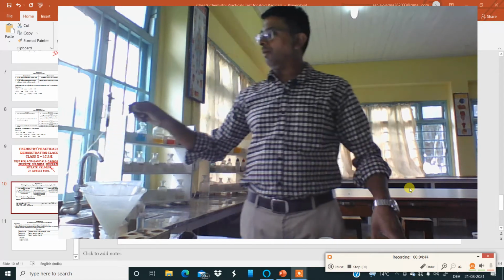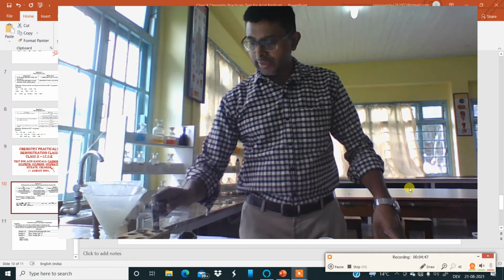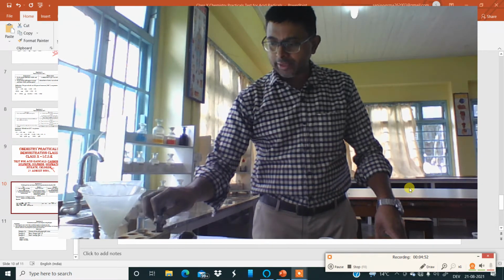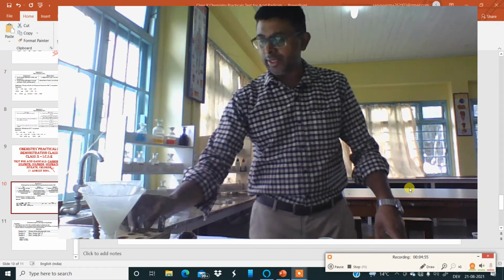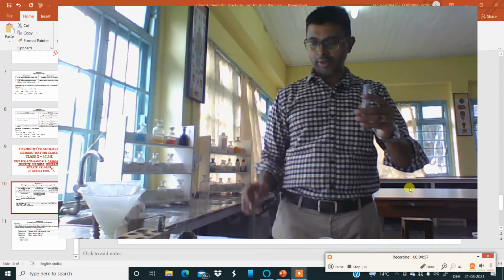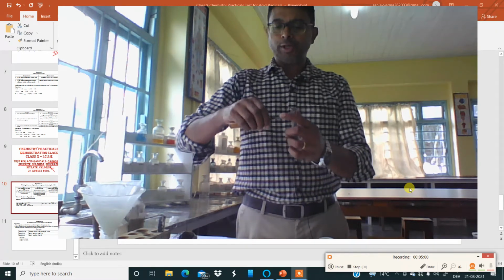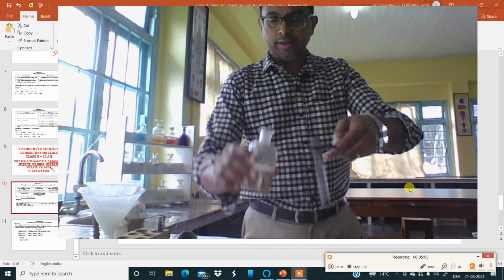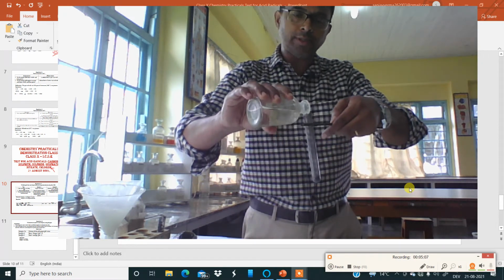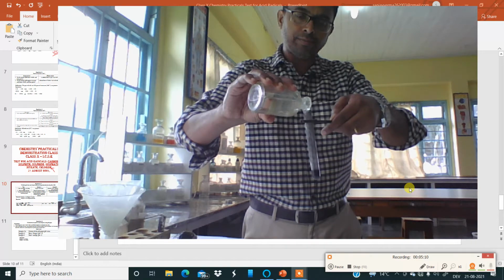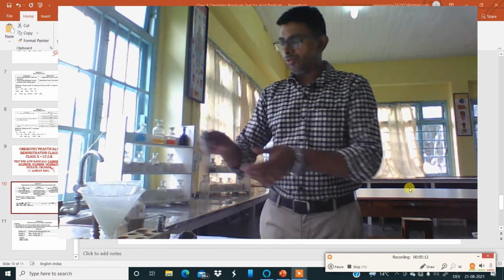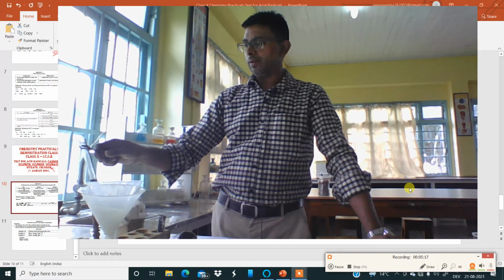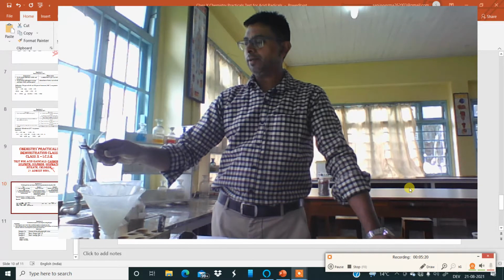Now I will add concentrated HCl to the second sample, that is sample B, which is supposed to be manganese dioxide. The second one is manganese dioxide, this one. Now I will put the test tube holder, and to this I will add manganese dioxide. Both are black colored powdery substances. Now I am going to heat this as well. Both are powdery substances, black in color.